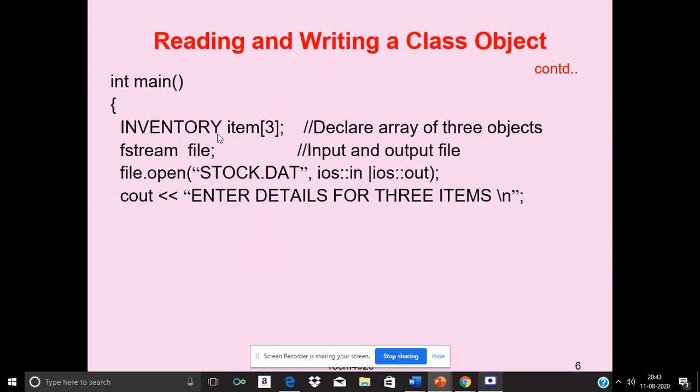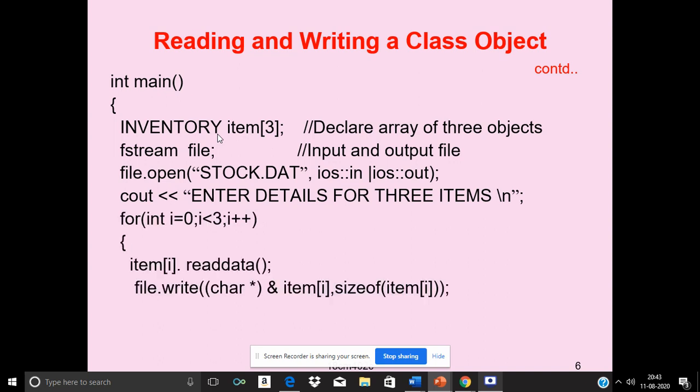Meanwhile, using item I dot read data, we are going to read from the keyboard,